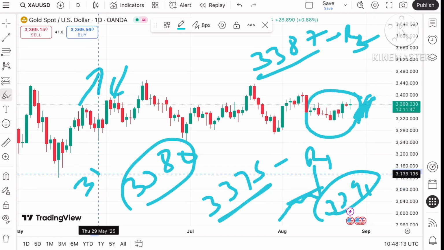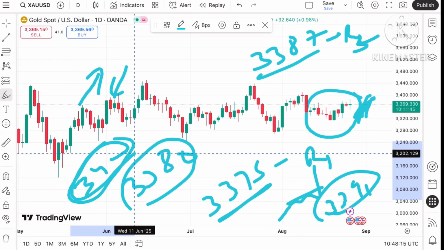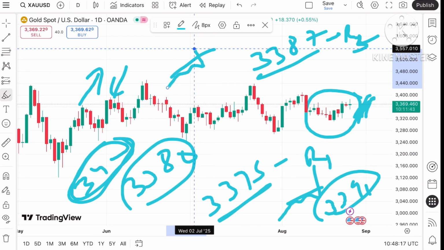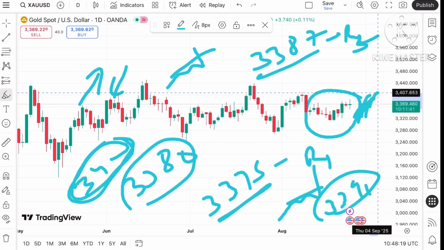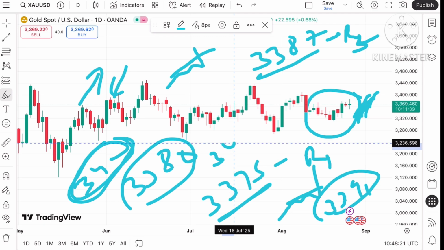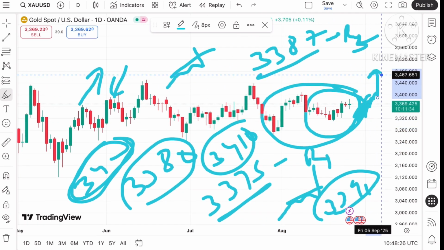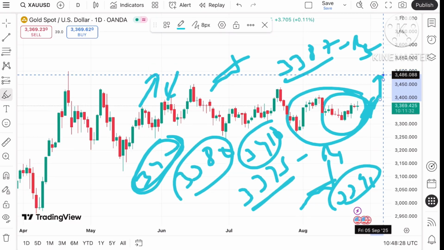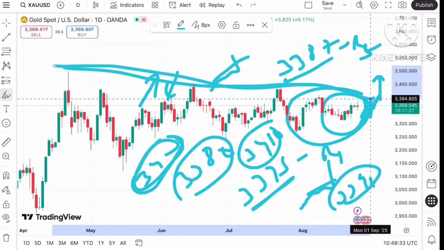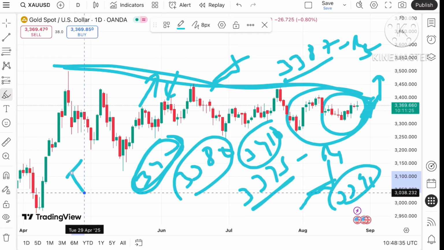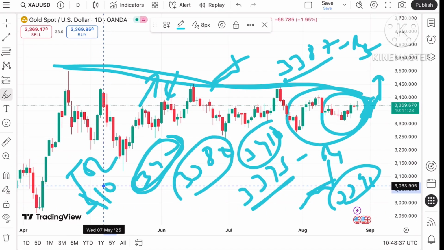If the price moves above that level, we can see it rise towards a level of 3400. This level is already weak, so the price can rise above it, and a probability of touching 3410 is there. Then there can be a zone breakout towards the upside. As I've already explained, there is a narrow pattern, and once the price sustains above 3410, keep trailing your SL by $10 to $15.